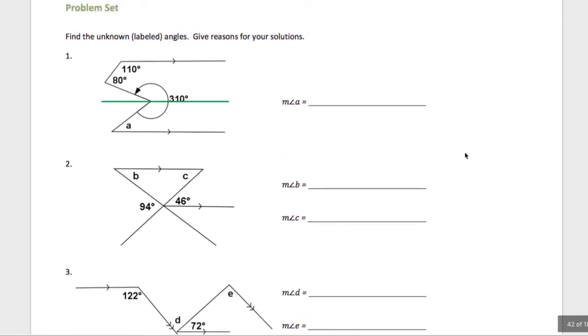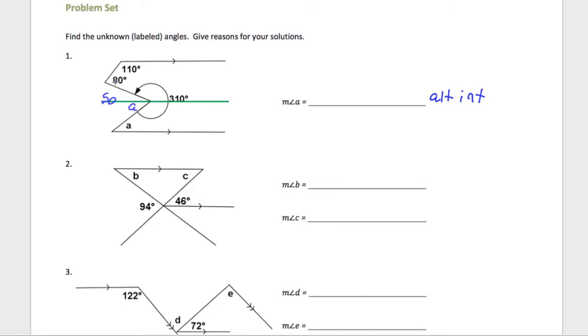So for number 1, I draw an auxiliary line. This angle is 310, which means this interior angle right here is going to be 360 minus that, so that's how you get 50 degrees for this whole angle here. If that whole angle is 50 degrees, that means this angle right here is A, because of alternate interior angles. So alternate interior is one of the reasons,